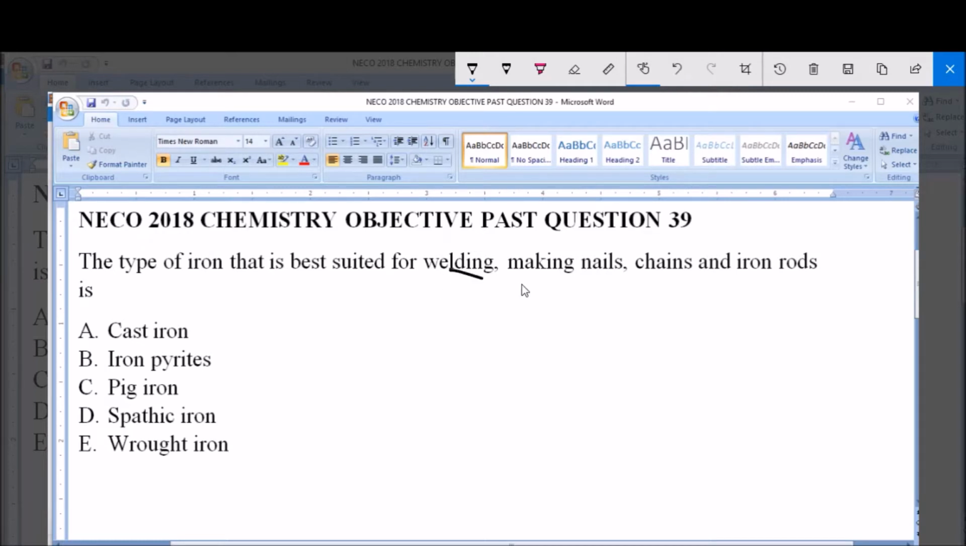as welding, making of nails, chains and iron rods. Now let's look at each of the options and what they are used for, and then see which one best suits the description given to us in the question. Now option A, which is cast iron. Now cast iron is majorly